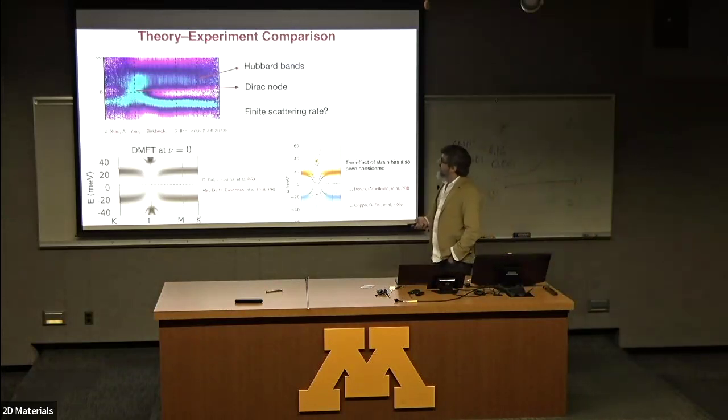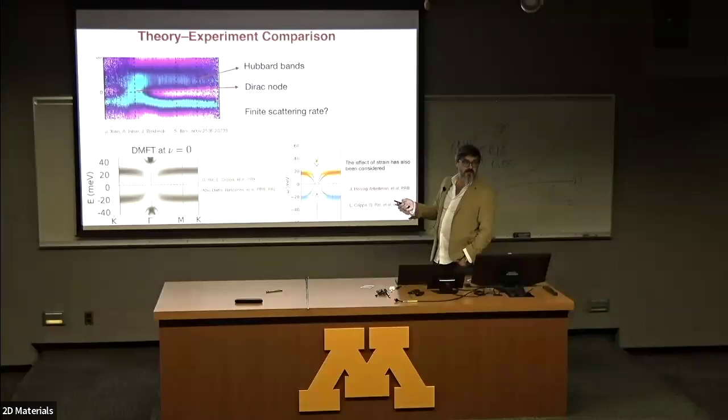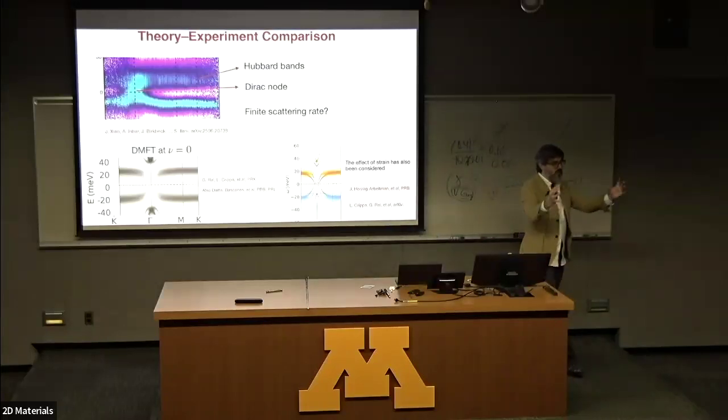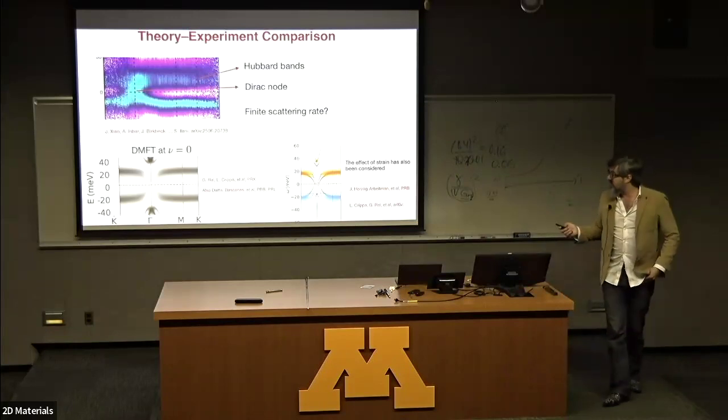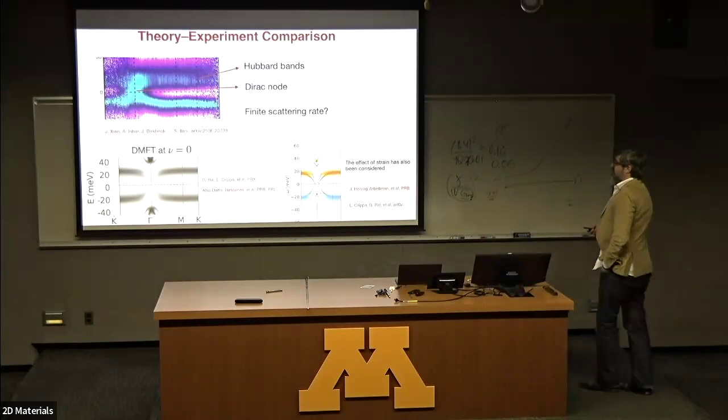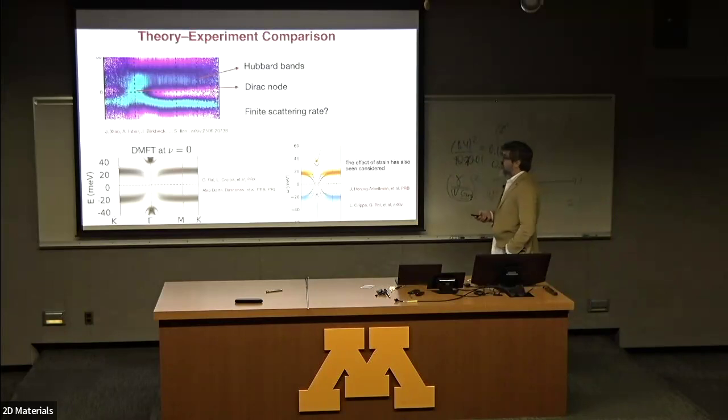So, basically, there are other possibilities. You can see that Chahal's experiment sees basically a big blob here, which suggests a finite scattering rate, or at least some larger region of spectral weight of these C electrons. The DMFT at nu equals 0 without